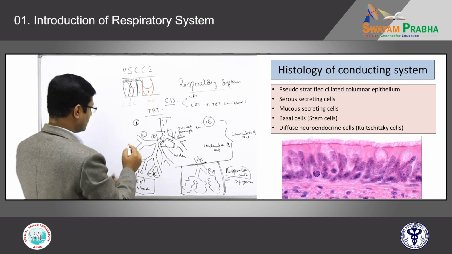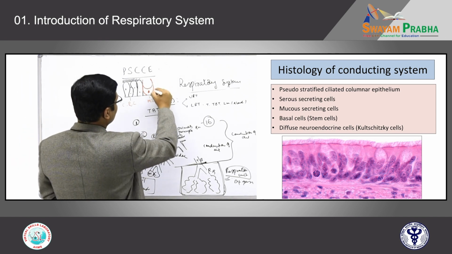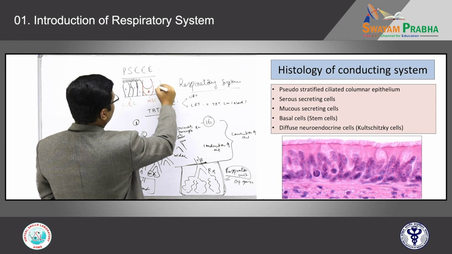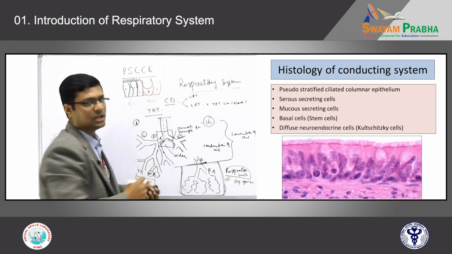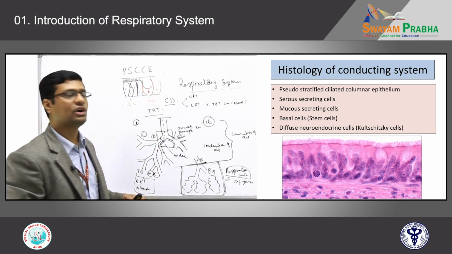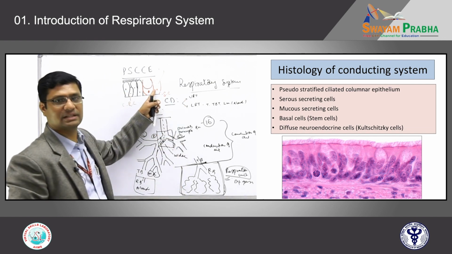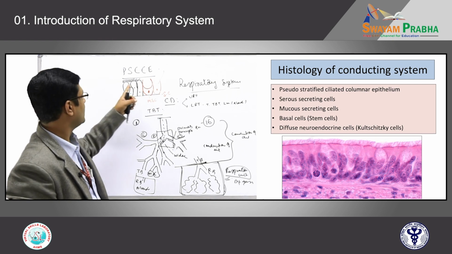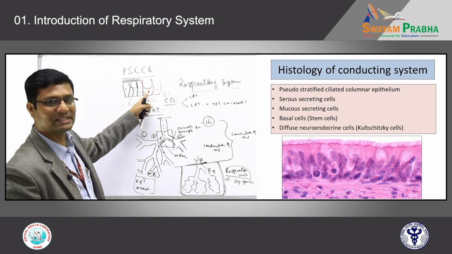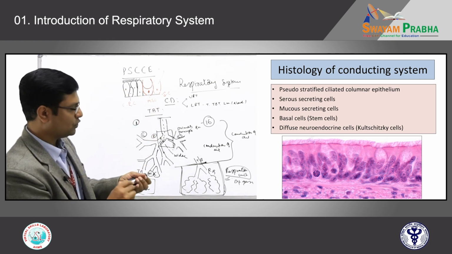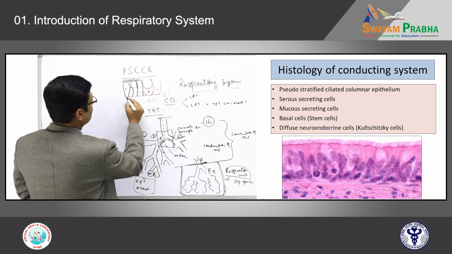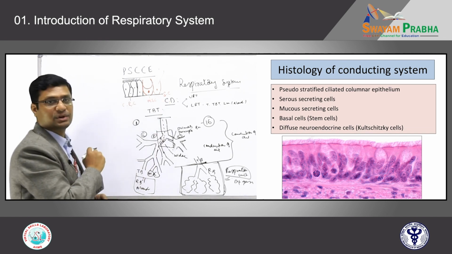Along with that, occasionally you have some other cells which are secretory in nature, but the secretion is more of a serous, watery consistency. These are serous cells. Serous cells are also columnar cells. Ciliated cells, goblet cells, serous cells. And when you observe carefully, at the base, this is the basement membrane of the respiratory epithelium.